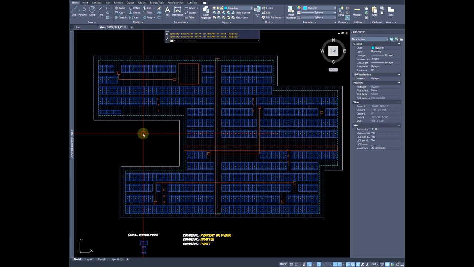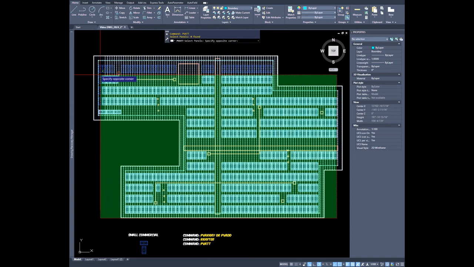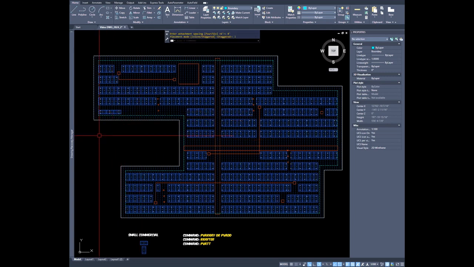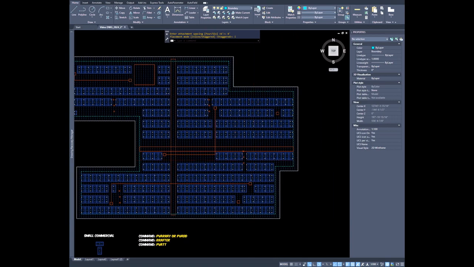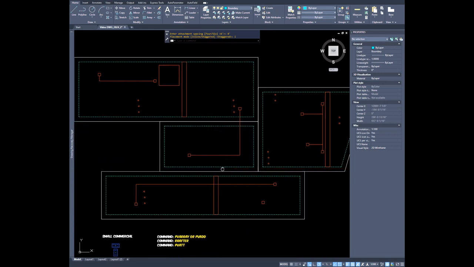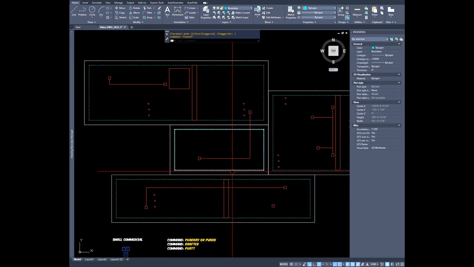And then now we just add in our attachments with the PVAtt command. I'm going to select all the panels. We're going to do 8 feet apart and inline. And it adds in all the attachments there. And yeah, and then we'll just do one last example. Just so you see it's the same thing with just different